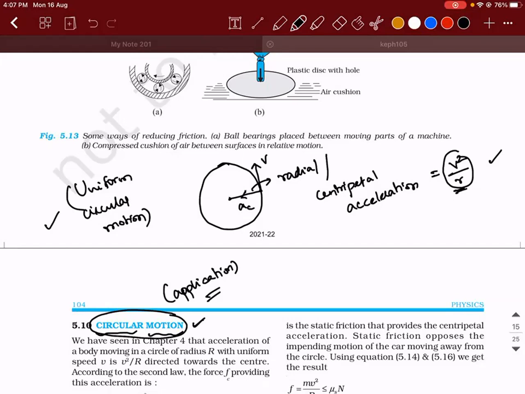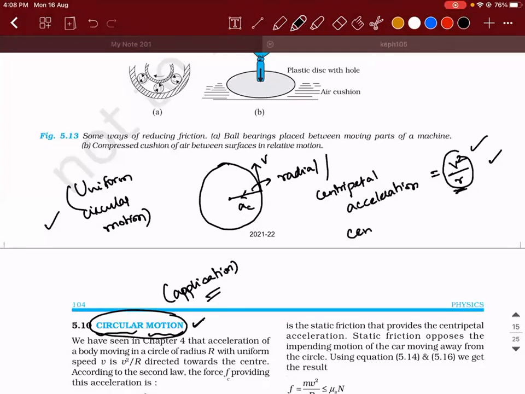Here the cause is force. Whenever there is an object accelerating, have this in your mind, not only in this chapter or 11th standard, but throughout your life. For example, you're going in a car, you press the accelerator, the car is accelerating, and there is some force acting on it, which is a non-zero value. So whenever there is a non-zero acceleration on an object which has mass, there will definitely be a force. Here the formula for acceleration is v square by r.